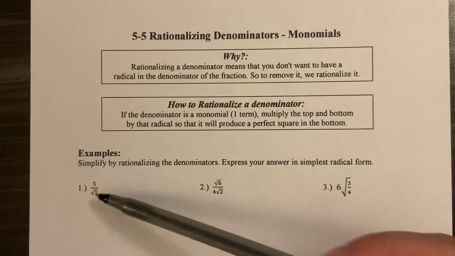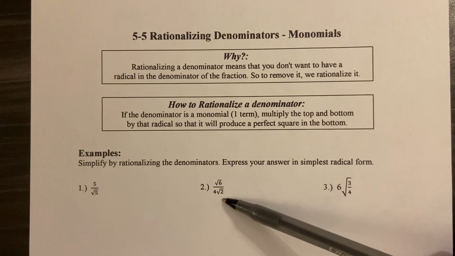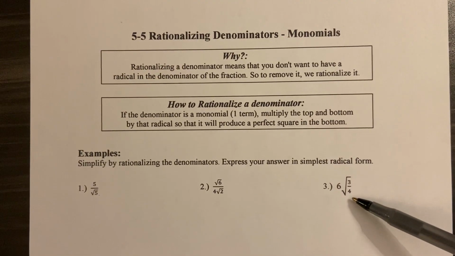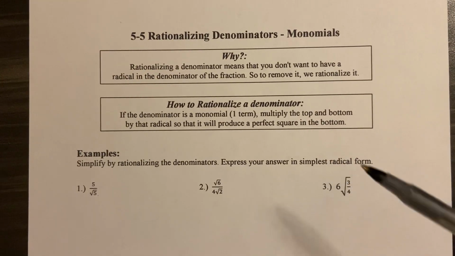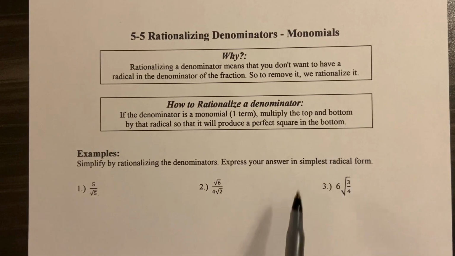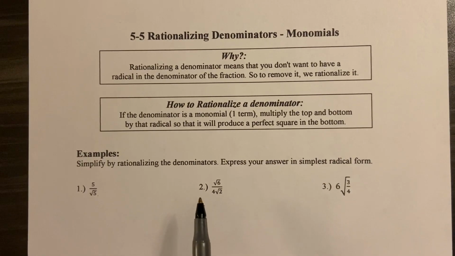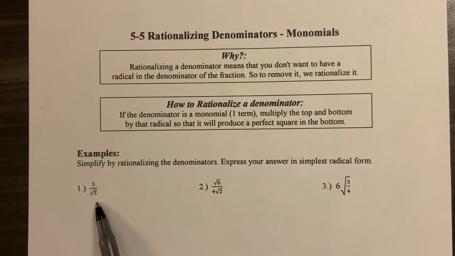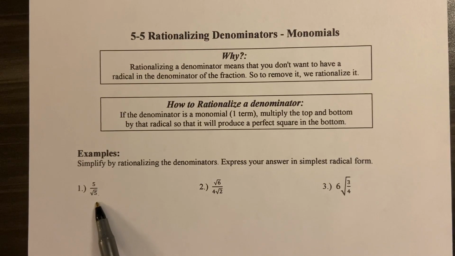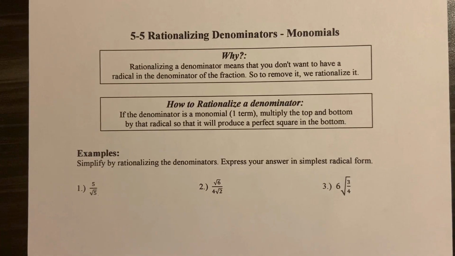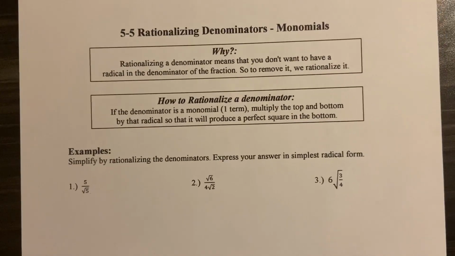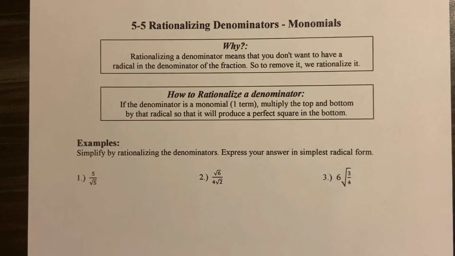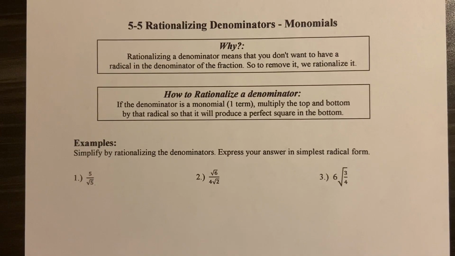If you have a single monomial term, meaning one term in the denominator, how you rationalize it is you just multiply the top and bottom by that radical, and that way it'll produce a perfect square in the bottom. I should say a perfect square radical in the bottom of the fraction, so it'll make it a whole number. Okay, so I'm just going to work out a couple examples with you, but really quick before we start,